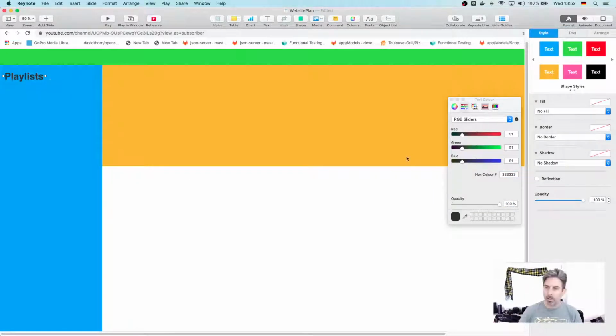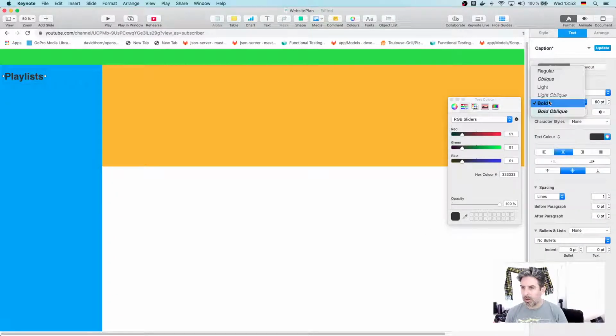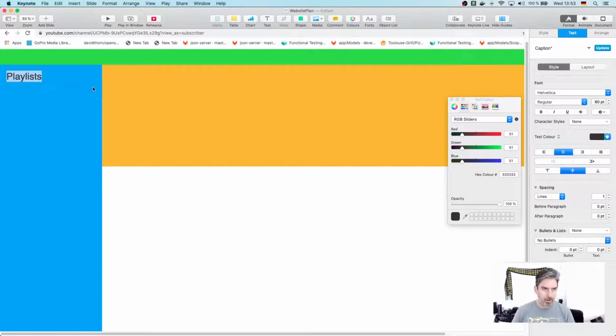That's good. I don't like this colour, it's too much. 1, 2, 3, 4, 5, 6. I don't like the font. That's what I don't like. We don't want a font like regular. That's better, but